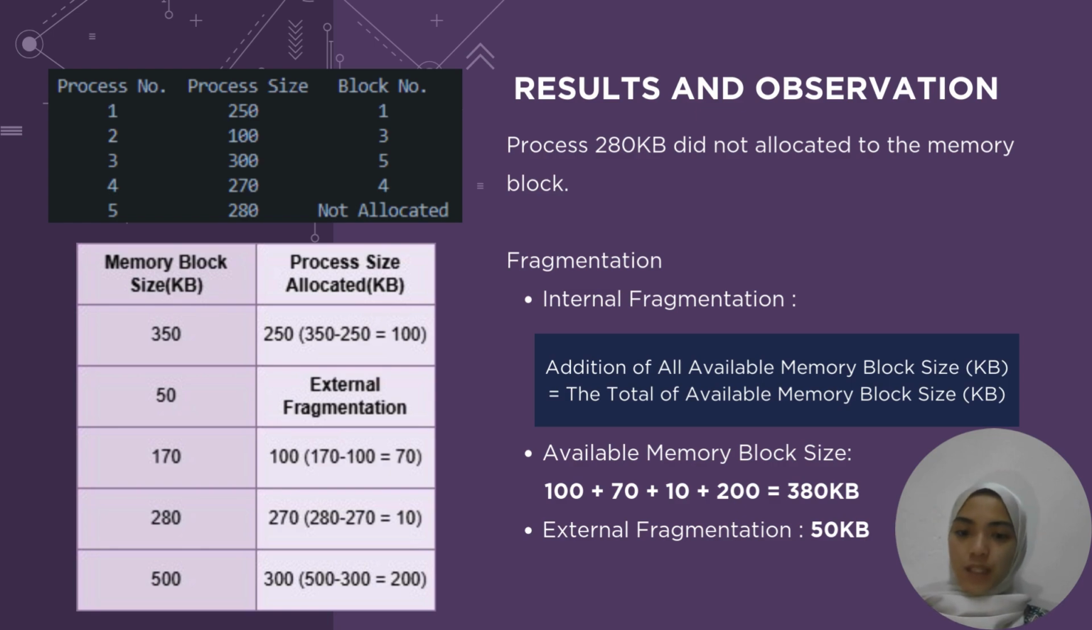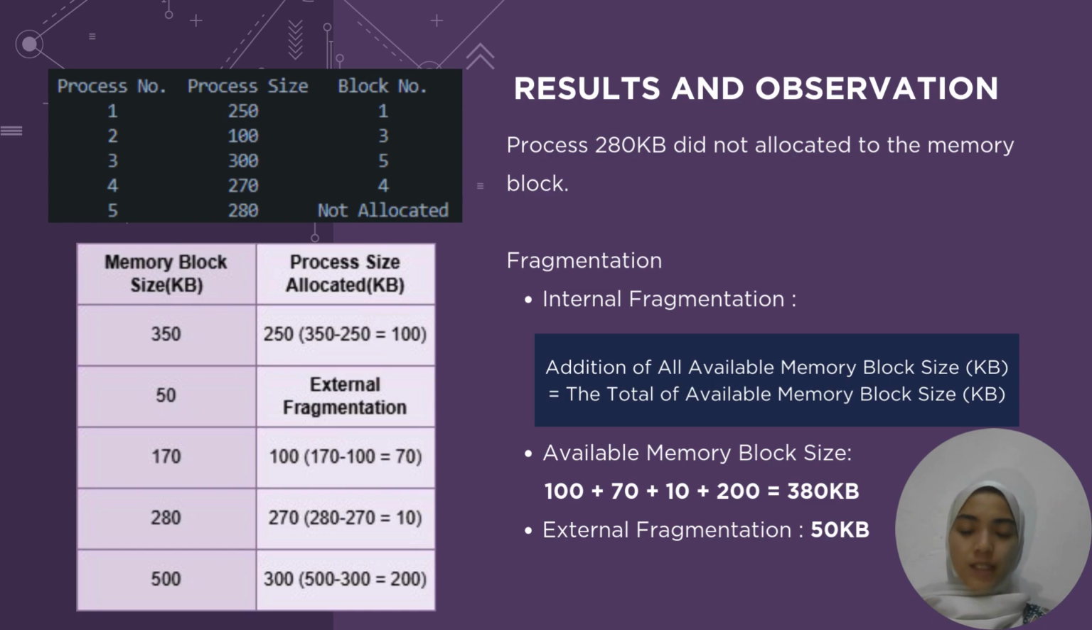And the third process is 300. I fill it in 500 KB, and the balance is 200 KB. The fourth process is 270 KB. I fit it in 280 KB, and there is still 10 KB available. And the last process, 280 KB, is unallocated because there is no memory block size that can fit